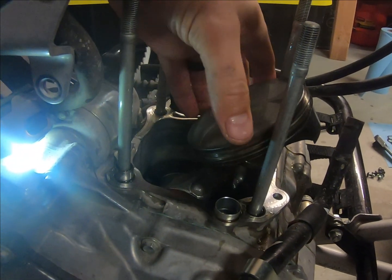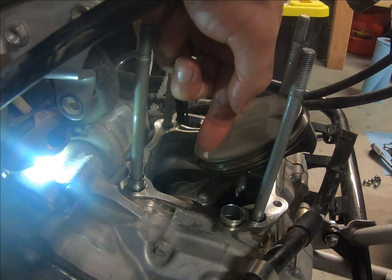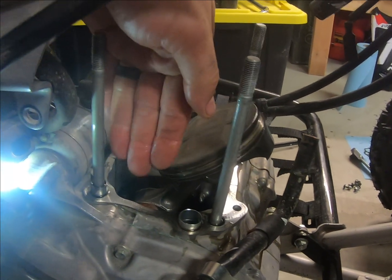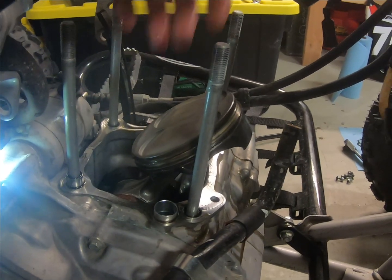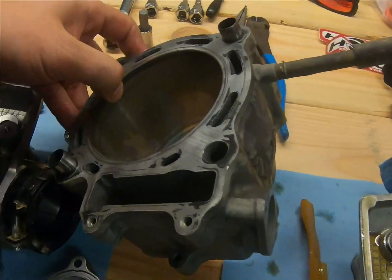So I'm going to go get the feeler gauges and check the sides of the actual rod, the connecting rod where it meets the crank. And if I have a good gap there, then everything's good to go. I'm going to put the cylinder back on and run with it. Judging by what I can see in here, so if you guys can see that,